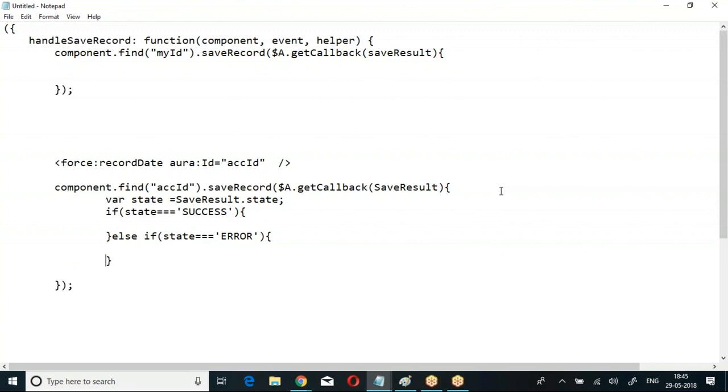Right? When you look at the sample code, a lot of things are given, but basically what they are trying to do is: state equals success, do this, else do this. Right? What is associated with this, we'll be looking at in the next session. So basically what we have seen for the day, we have seen using